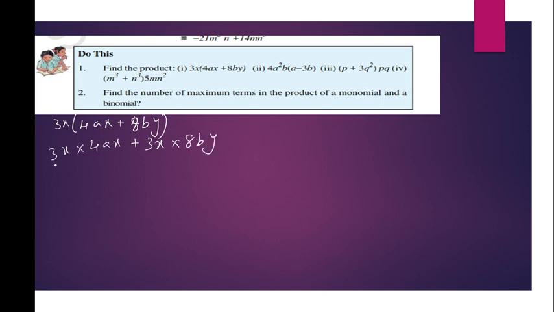Now see here, multiply the coefficients. 4 3s are 12, a term is not there, so a as it is, x into x, x square, plus multiply the coefficients. 8 3s are 24, b as it is, x as it is, y as it is. Now the second one,